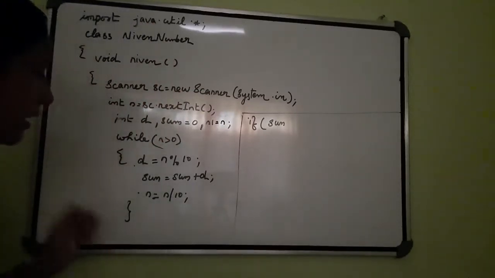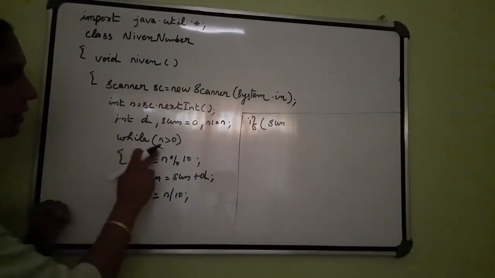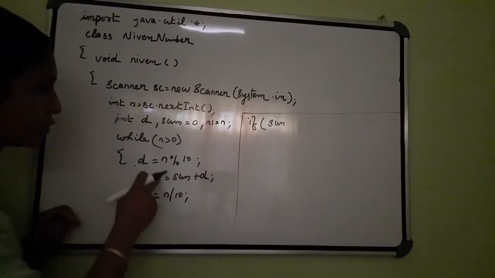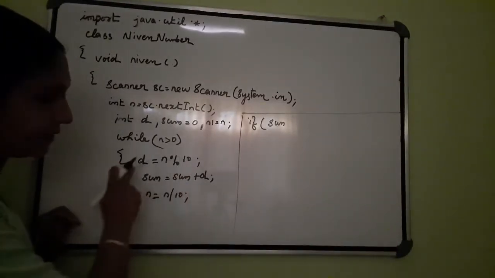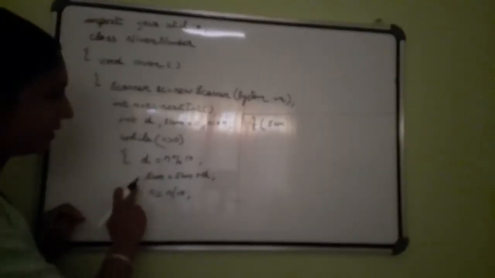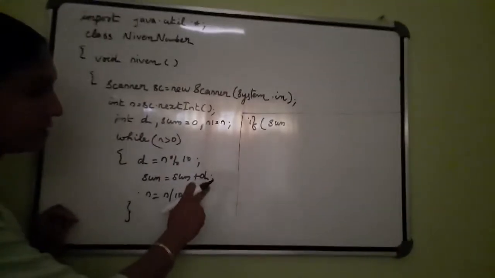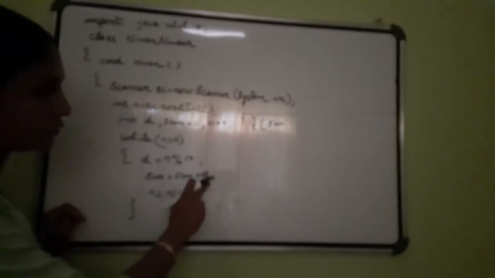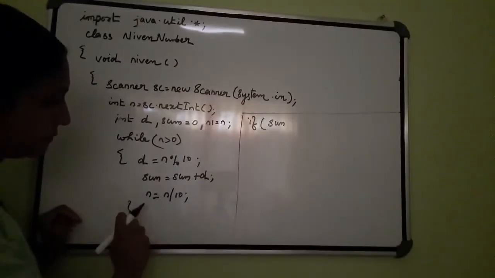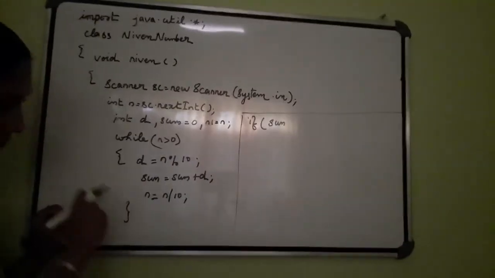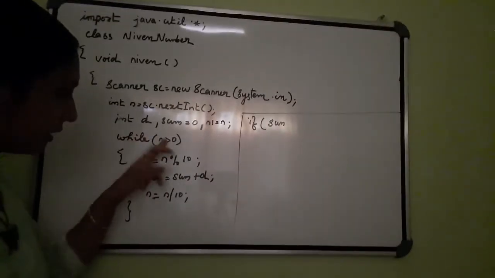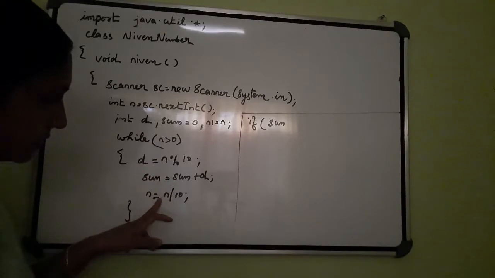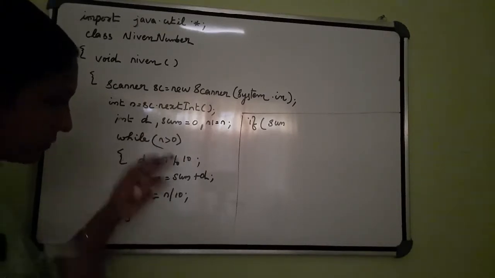Then only you will understand how to separate the digits and all those things. Okay. Then how can you separate the digits? We know we use a while loop here: while n greater than 0. Then the first step is d is equal to n mod 10. To separate the digits, we are using this step. After that, we have to find the sum of the digits: sum is equal to sum plus d. Then what's the next step? n is equal to n divided by 10. We use this step to get the quotient. Again we check the condition, then extract the digit, and we do the same process like this.